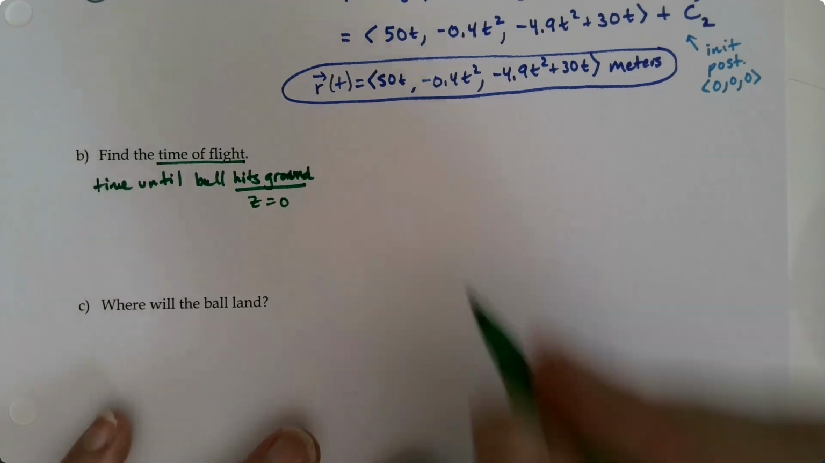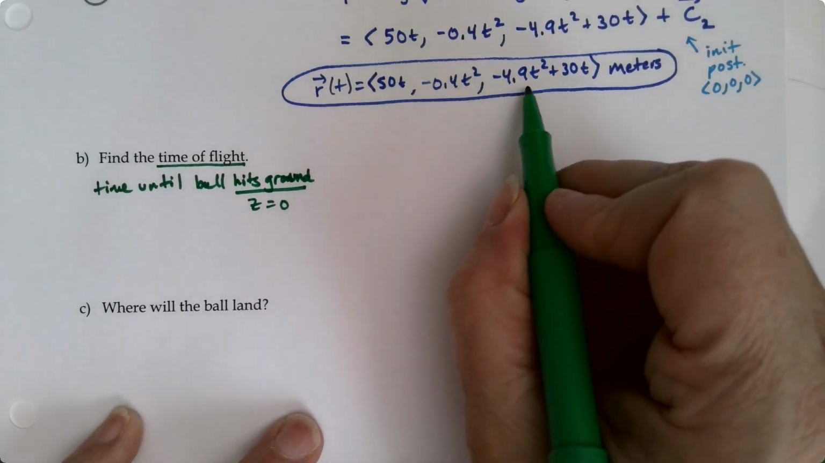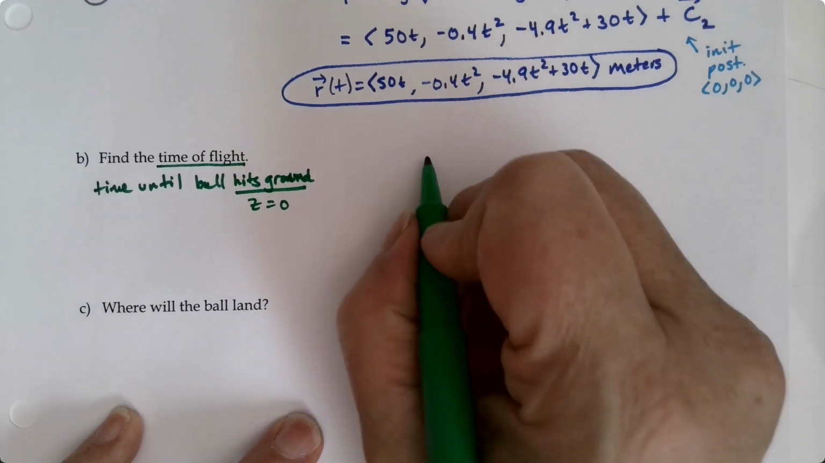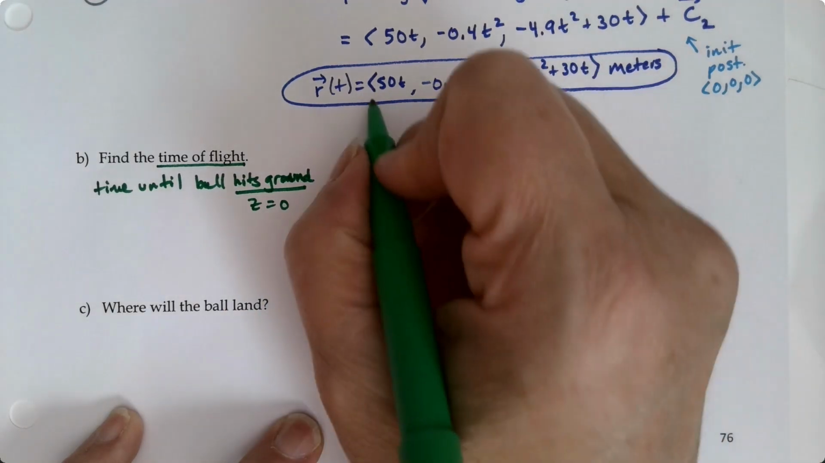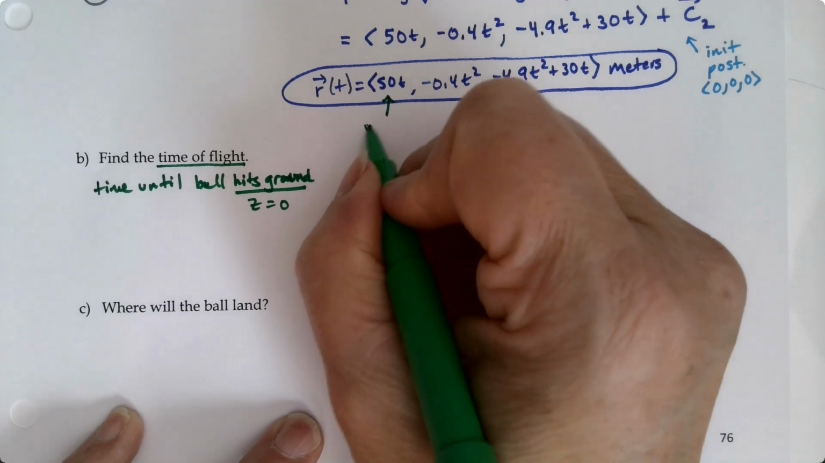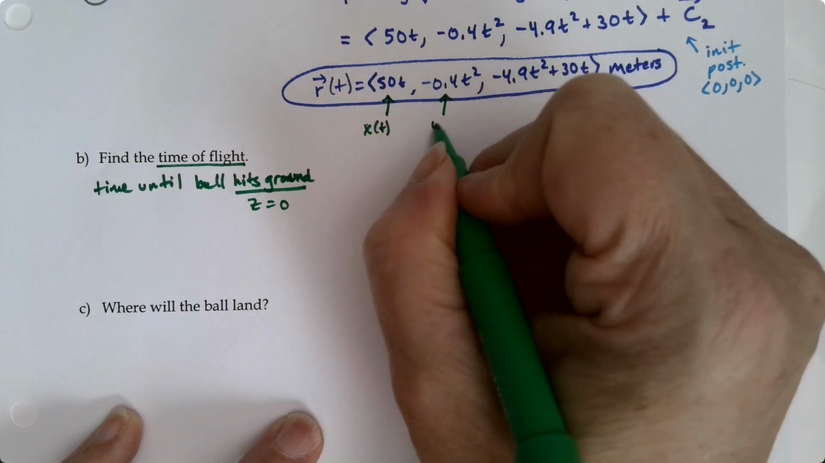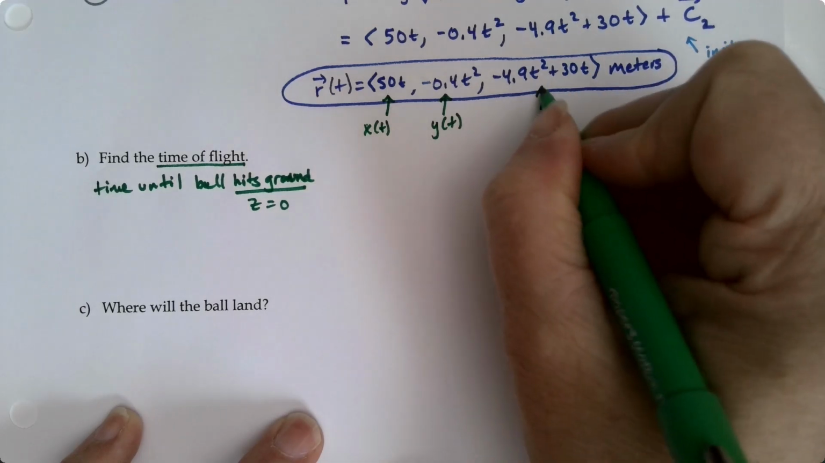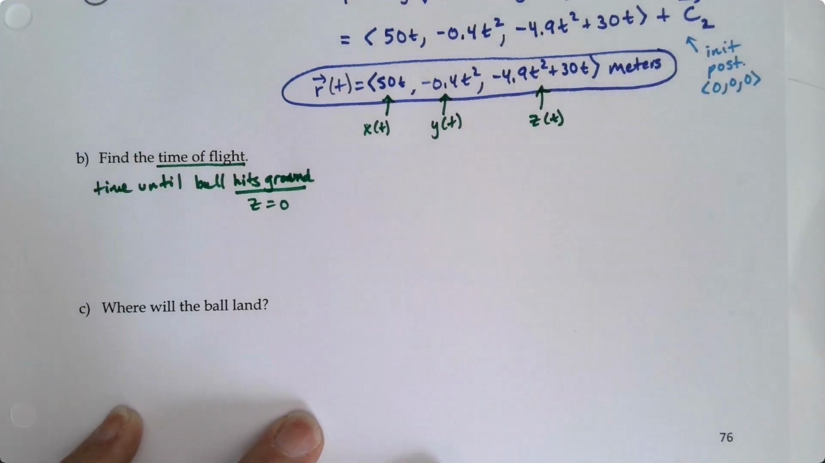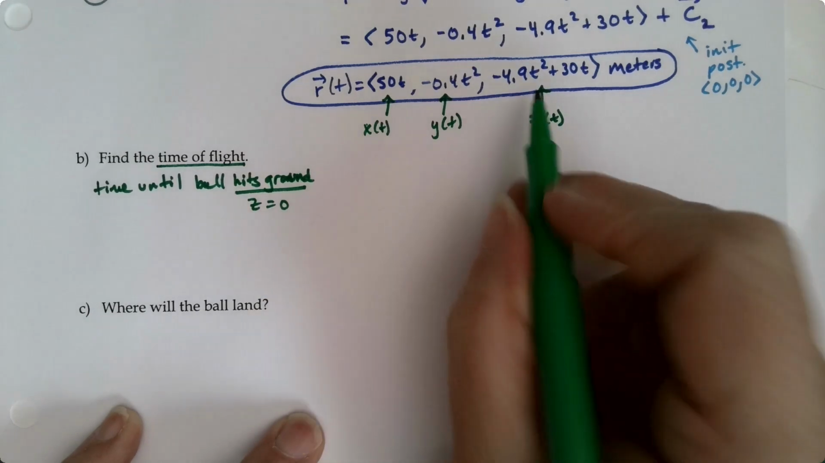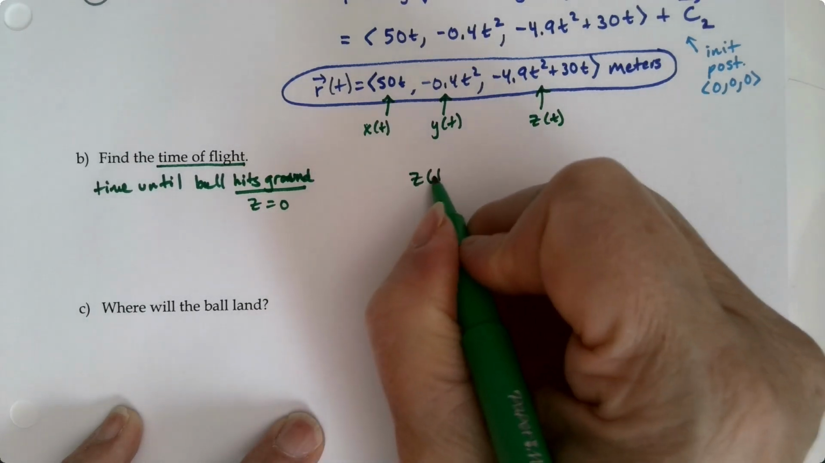So what we really want to do is take the z component, which is here. The position is x, y, z. Oh, let me label that here. This is x of t, this is y of t, and this is z of t. That notation that we learned earlier in this section still holds true, and it's going to hold true in later chapters as well. So we want to take the z component, which is z of t,